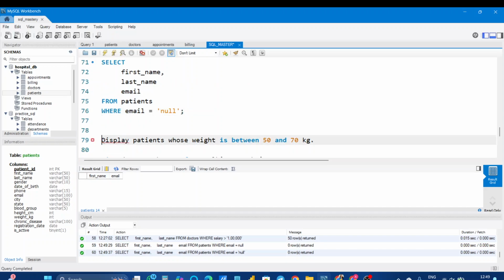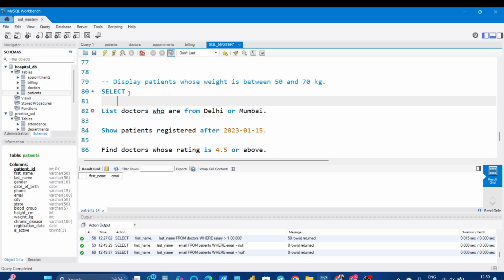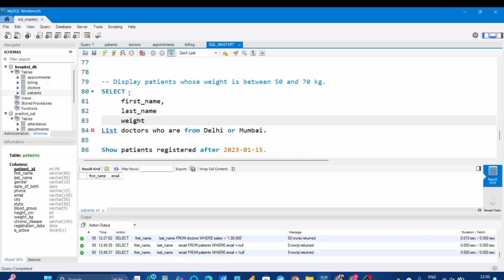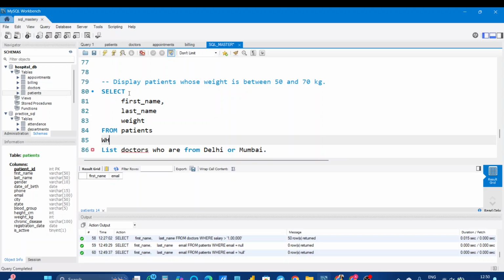So next question is display patients whose weight is between 50 and 70 kg. Select. Actually, I'm tired of writing first name and last name. First name, last name. I know that in this question they don't want the weight column, but I add this for my checking purpose. So if you want, you can hide it from patients where